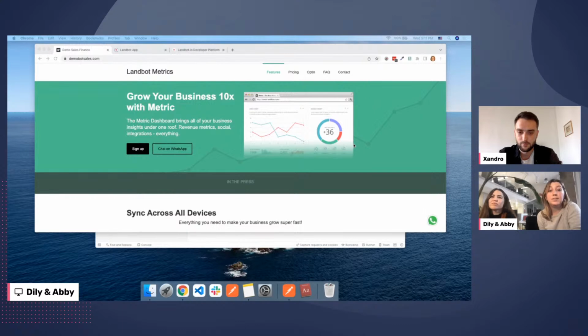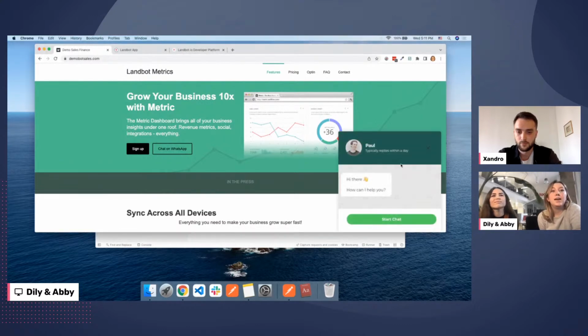So here I have just a dummy web page where I've installed a widget, and this widget is a web bot. So I'm just going to click here on this WhatsApp thing, and we've added a lot of CSS to make it a seamless transition from one platform to another. So here we have the space, and then we've added all this manually, and then I'm just going to click start chat.